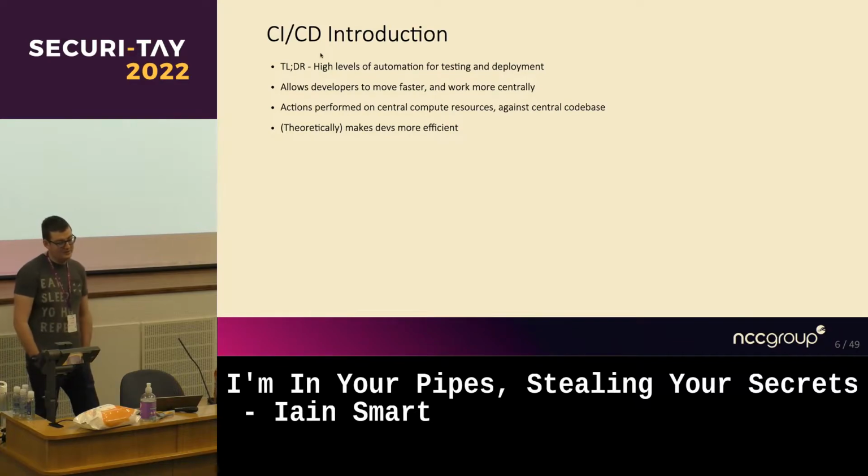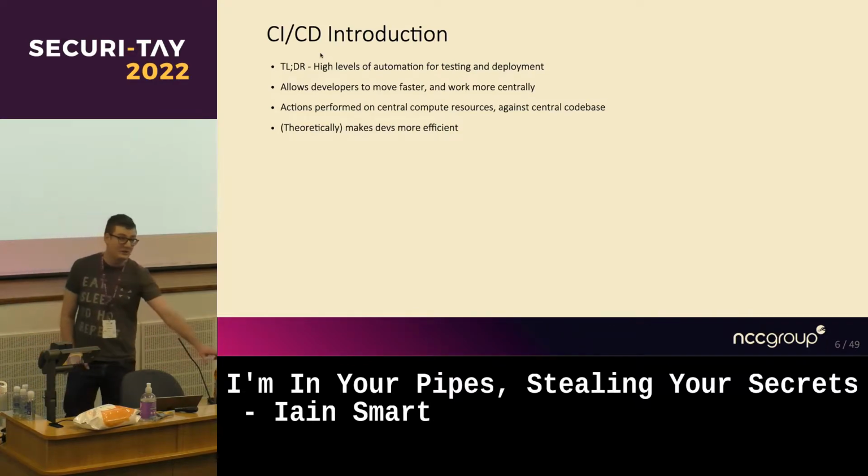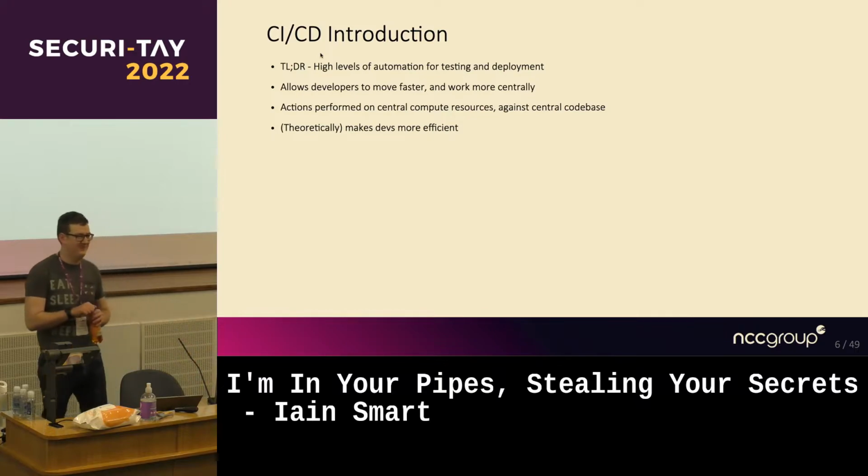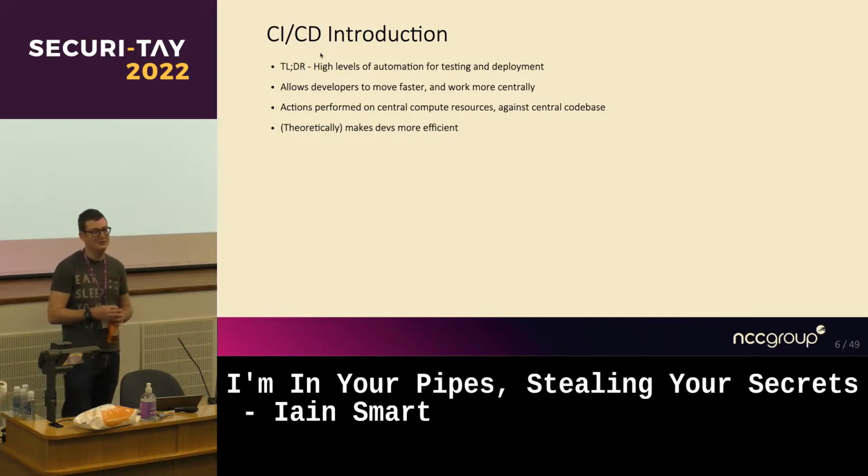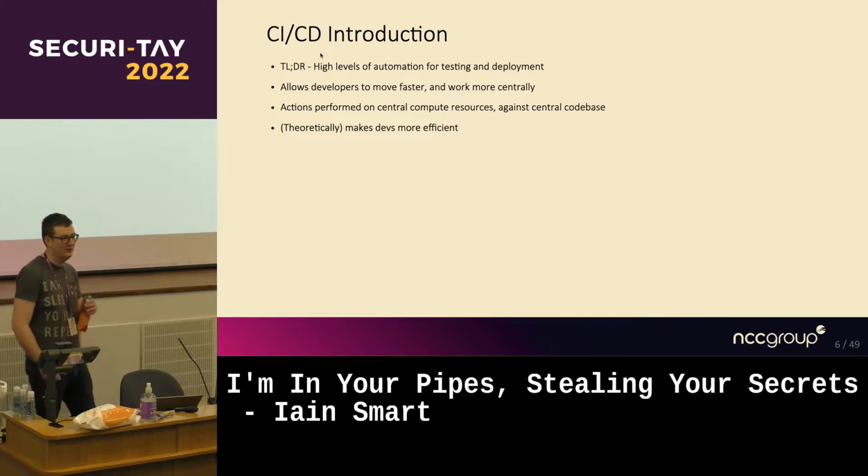It allows your developers to move faster and work more centrally. Working from a central code base that has the same tests applied gets rid of the "tests pass on my machine, so what's the difference?" problem. It's a lot easier to not worry about having to reconcile code, as long as you know how to use Git, which I don't really. I'm very much in the school of delete everything and start again if you get a clone error.